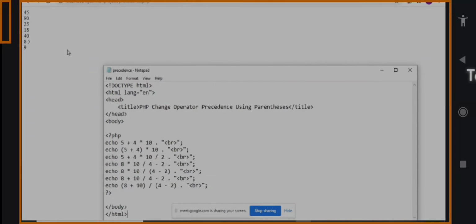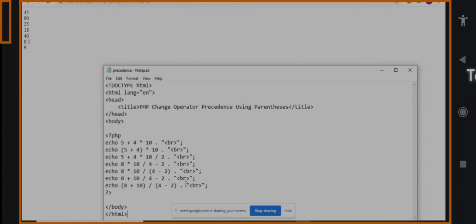So the output will be 45, in the first line. Next is 90: 5 plus 4 is 9, then 9 into 10 is 90. The next line is the same 5 plus 4 into 10 divided by 2.